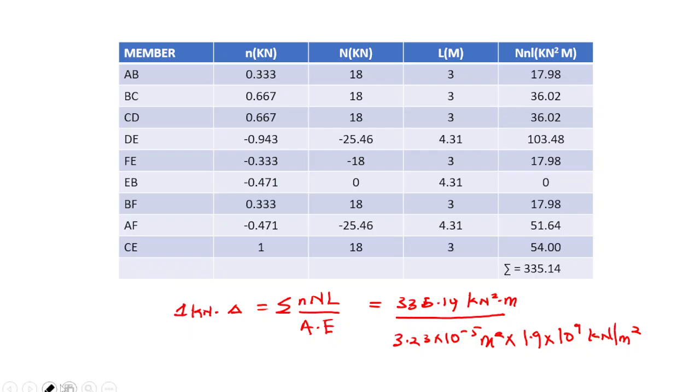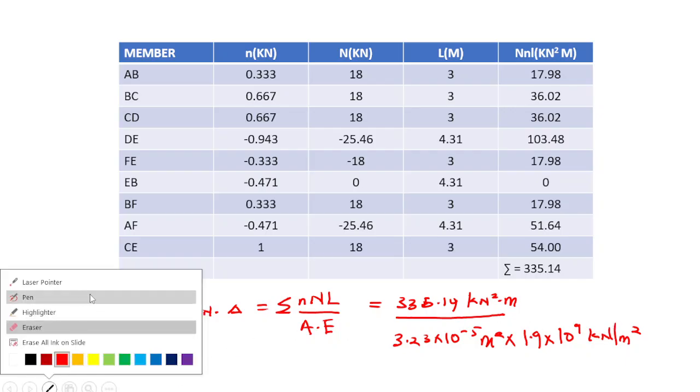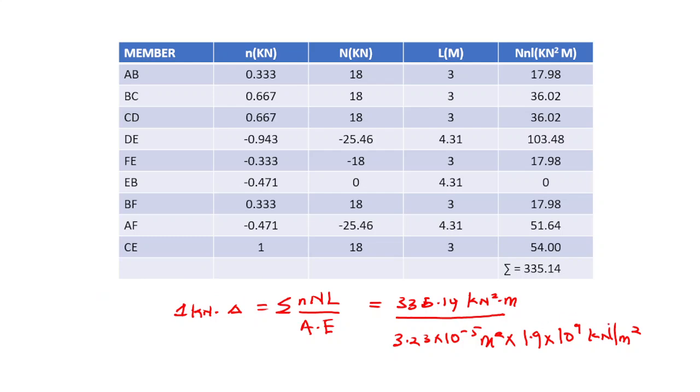So both of them will cancel. So all of this will go. Just know all of this will go, right? Then this will go for this, right? So at the end of the day, we are left with our deflection equal to 5.46 times 10 raised to power minus 3 meters. Okay, so that's that